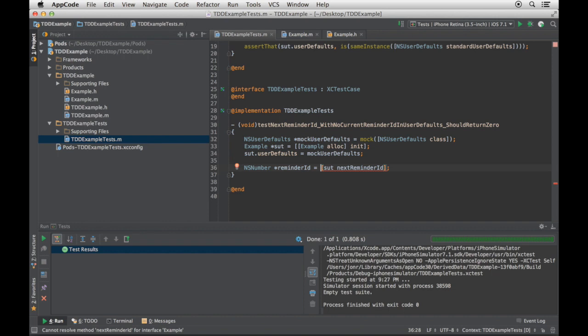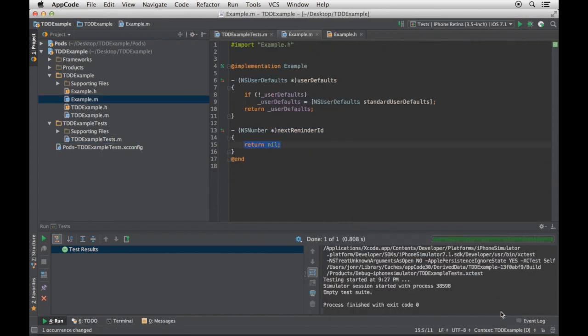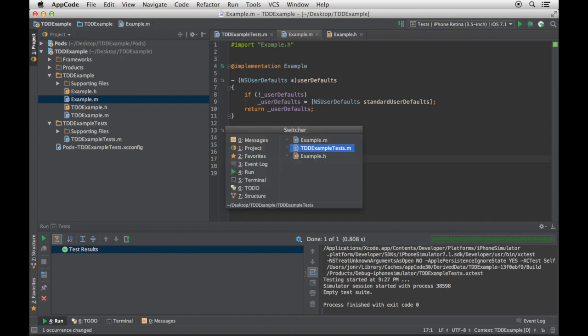And that looks good. Again, remember with test-driven development, I'm looking at it from the point of view of the caller, to say, are these the right sort of semantics I want to express? Now, by this point, it should come as no surprise that what I want to do is hit Option Enter and say, yes, create me this new method. And it asks some questions, which I'm fine with the defaults. And it returns nil, which is even nicer than my first stab at it, which was to return some weird NSNumber. Nil is better.